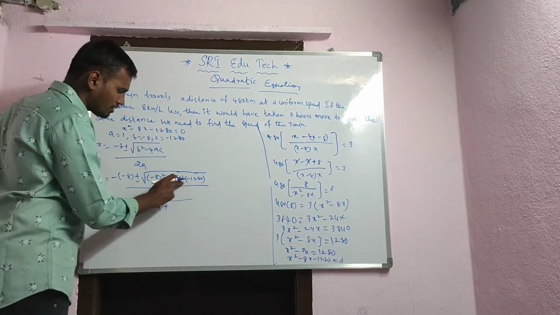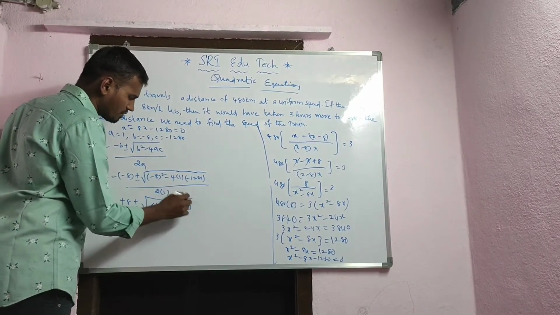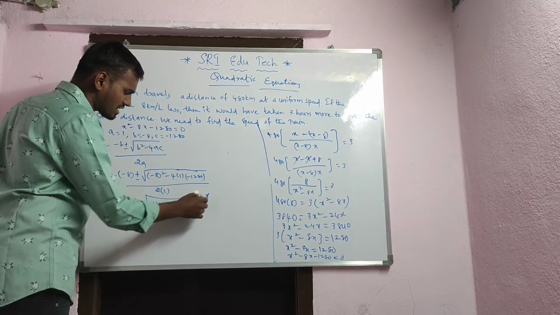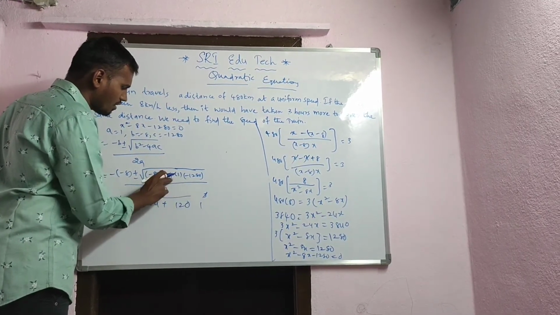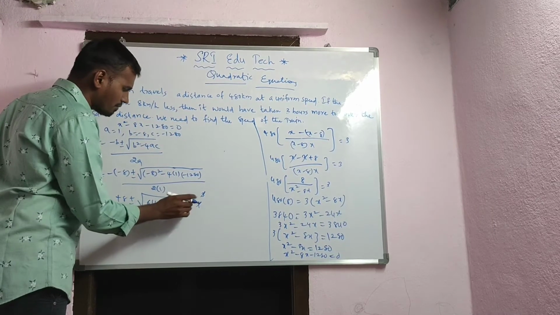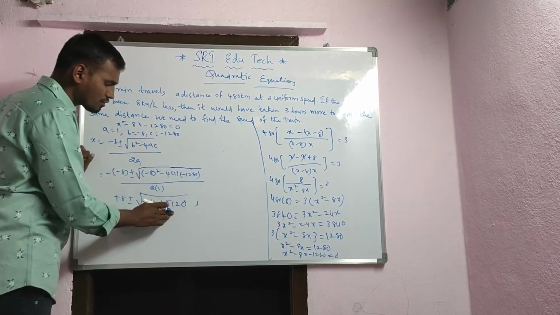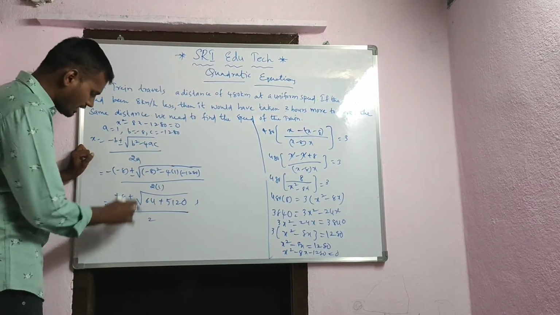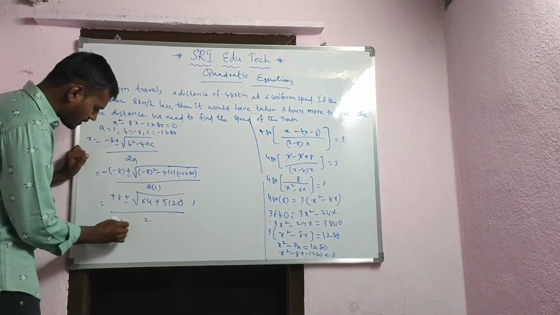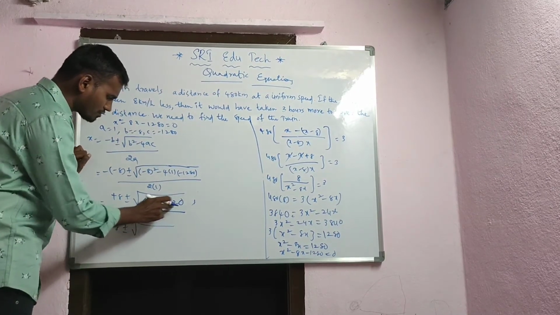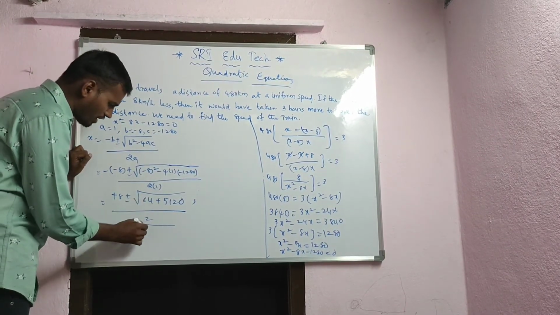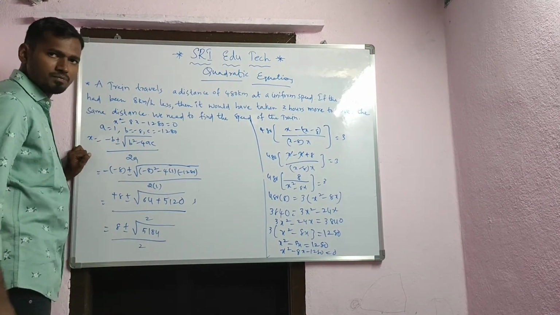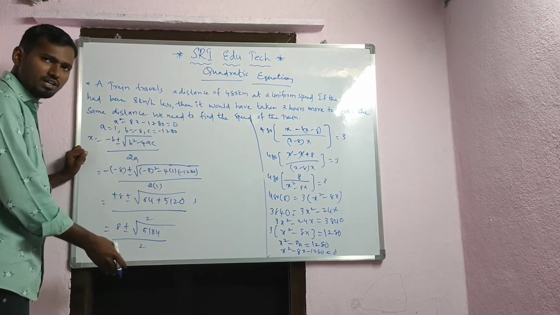Now 4, see, I am doing here. 4 into 0 is 0, then 4 8s are 32, 3 remaining. Then 4 2s are 8, 8 plus 3 is 11, then 1 remaining. 4 1s are 4 plus 1 is 5. Then 5120 by 2. Then 8 plus or minus under root of 5120 plus 64. How much? 5184, by 2.